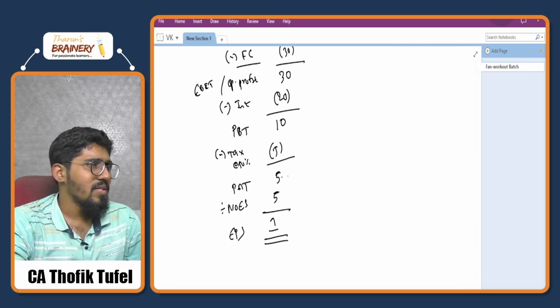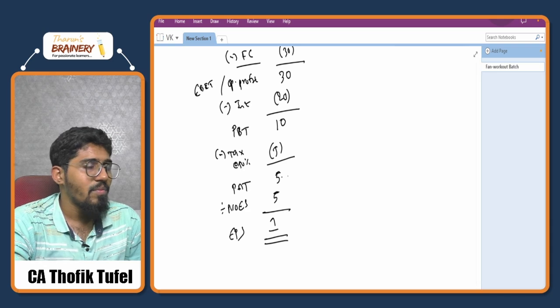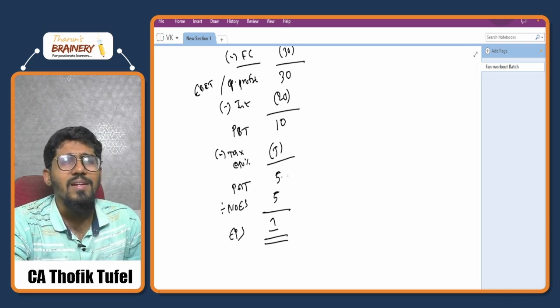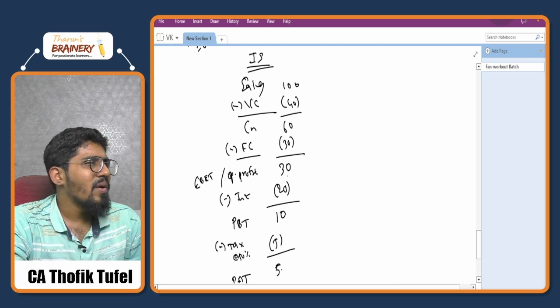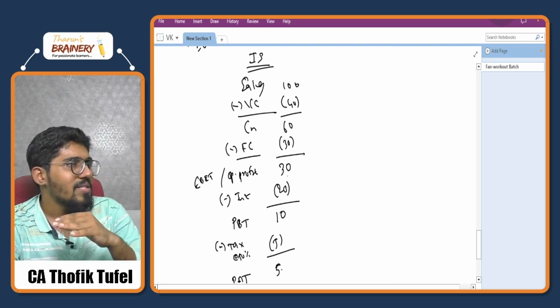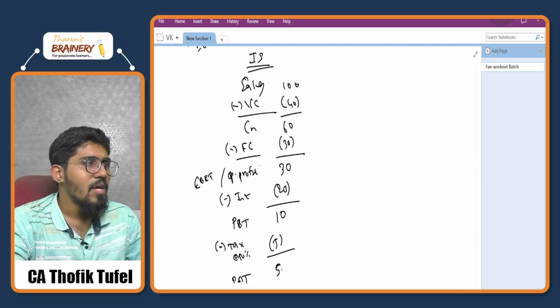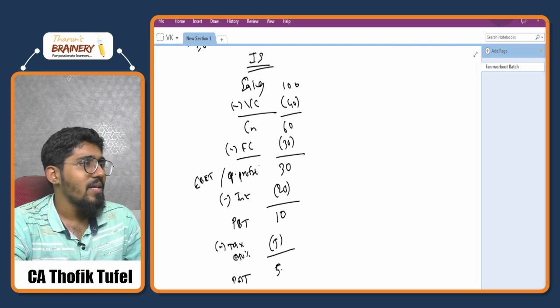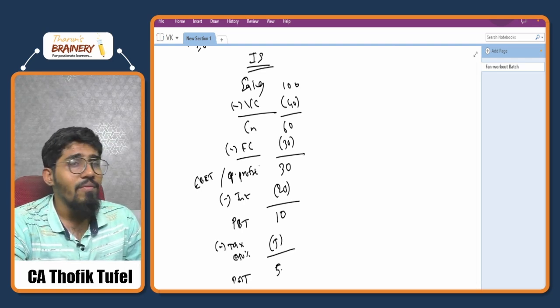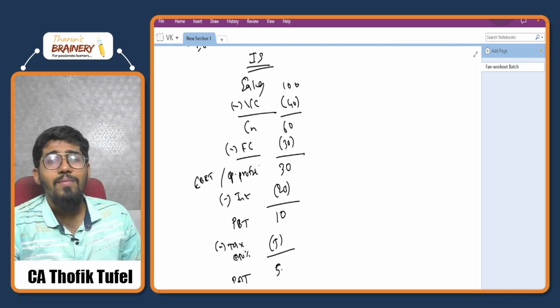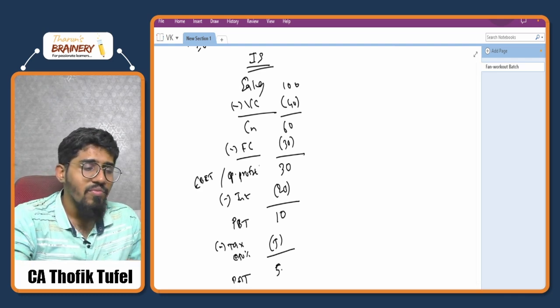So suppose you're the CFO of the business. What you're thinking is that, sir, I want to increase the profit. So what will you do to increase the profit? You cannot reduce the cost, correct? You cannot reduce the salary, you cannot reduce the cost of the mangoes. So you're thinking that I will increase the sales of the company. Then you call your marketing team: yes sir, we want to increase the sales. What can we do?